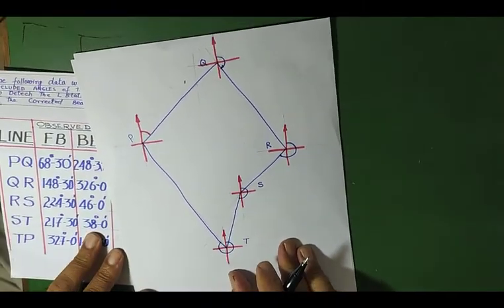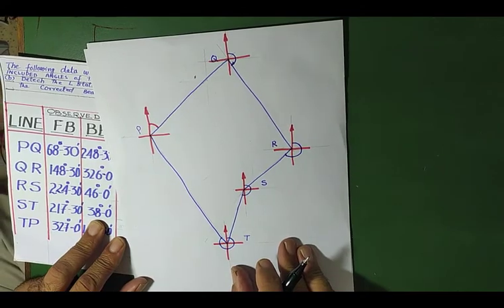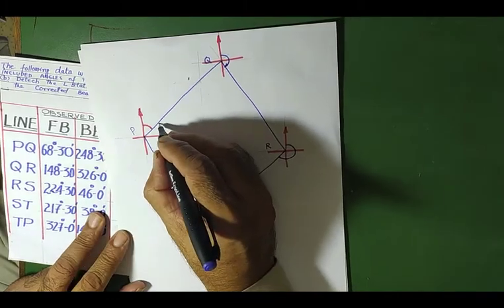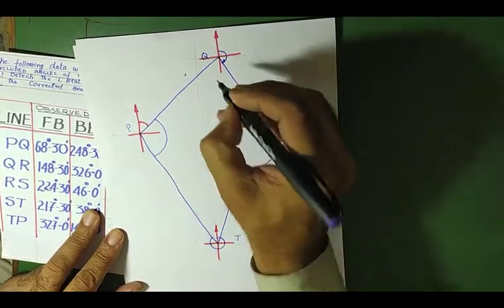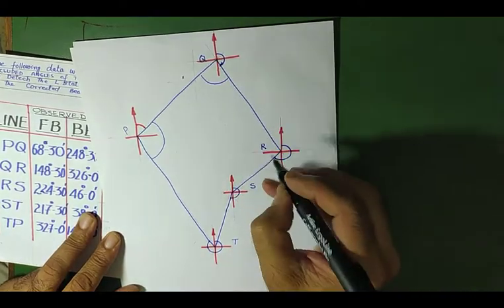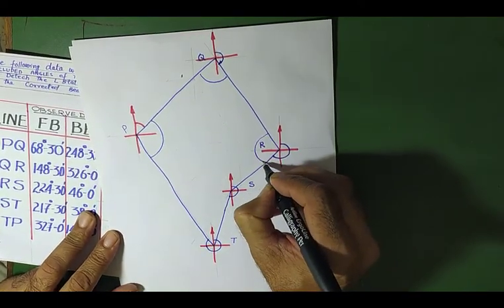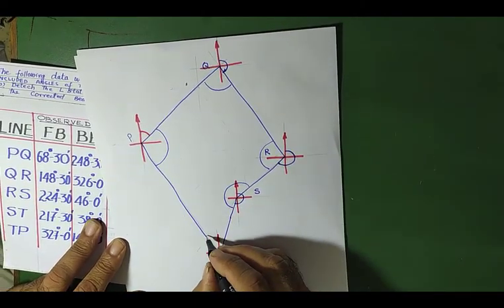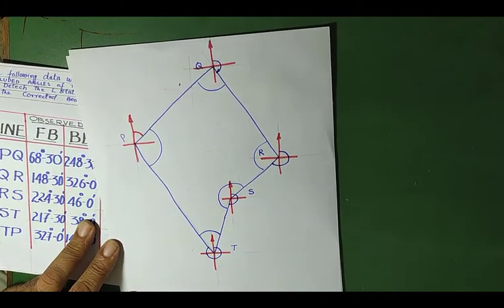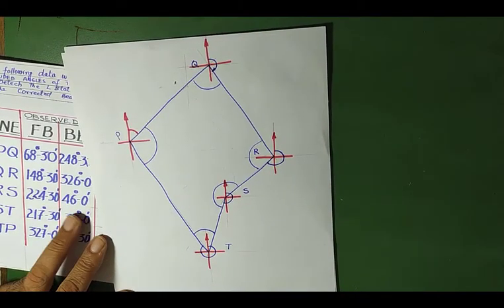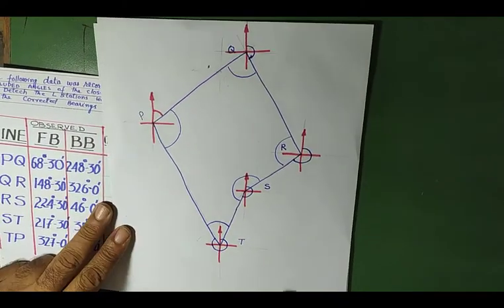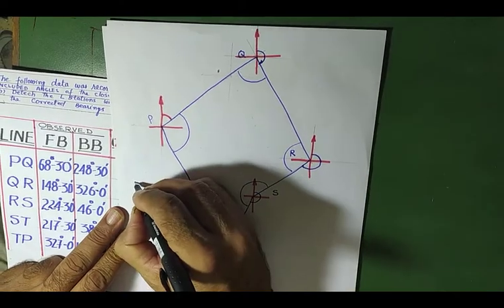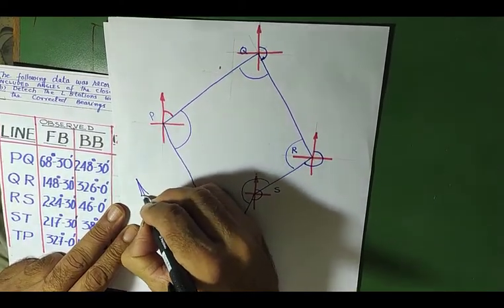So this is a must before calculating the internal angles. So here we have to calculate this angle, our P angle, this angle is our Q angle, internal angle, this will be our internal angle R, this will be our internal angle S, and this will be our internal angle T. We have to calculate these 5 angles. For the calculation of this, you can check this traverse is going in the clockwise direction. This is the direction of treating the traverse in the clockwise direction.